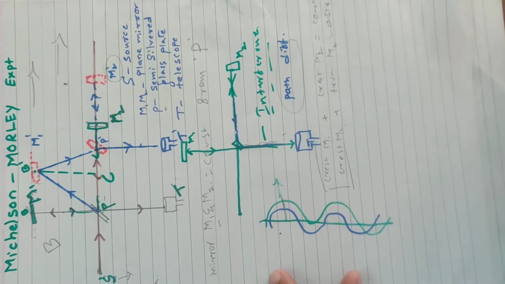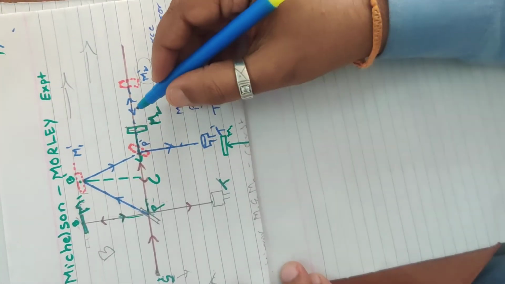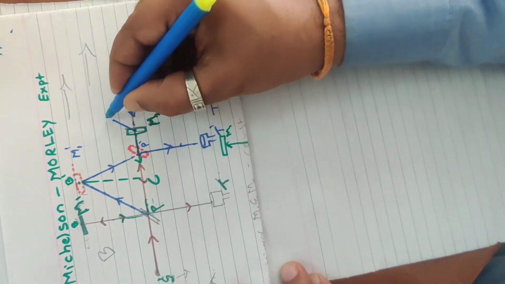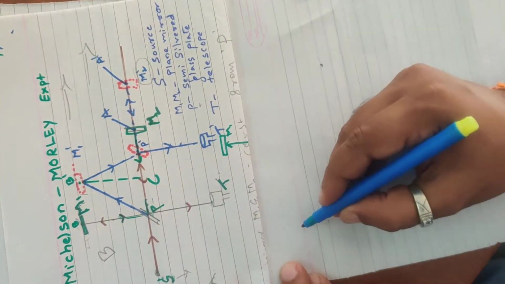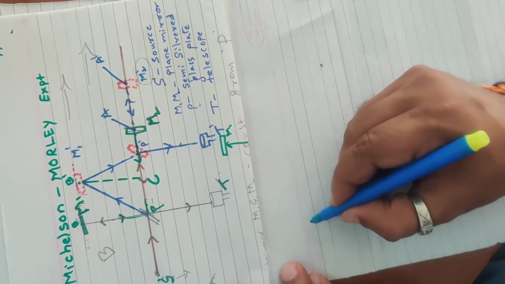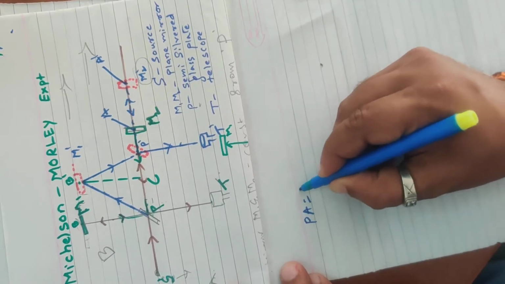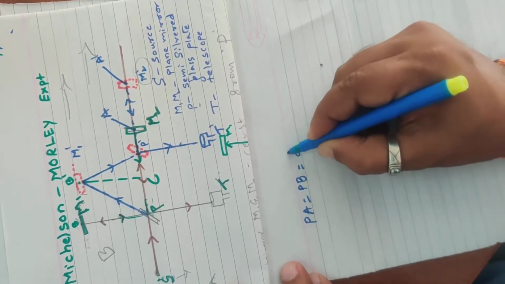So keep in mind that the distance from the P to the M1 and M2 is a constant. And also the point on mirror A, this is known to be A, and after a moment that is known to be A dash. So please note that the distance of PA is equal to PB, which we name as D.